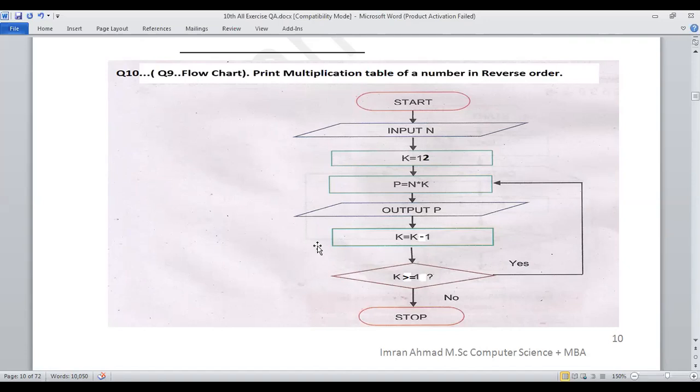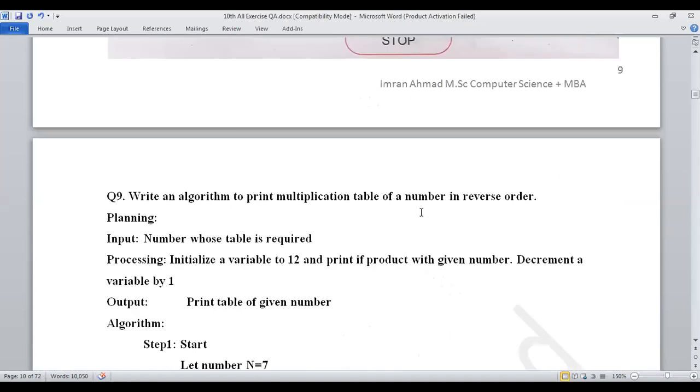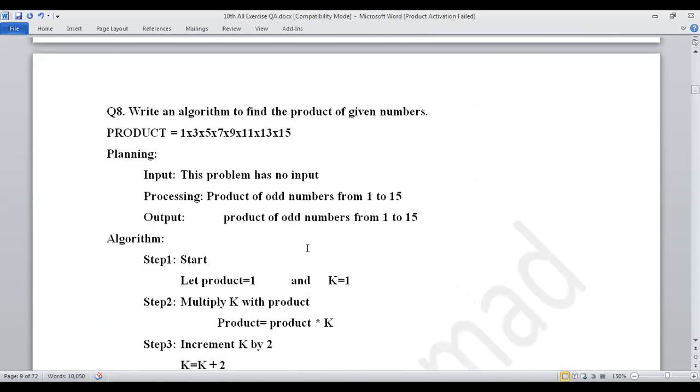Some examples in the chapter are related to sequences and series. Watch over here, series are present like this, and examples are there. For these series, you will write the algorithm. You have already done a few examples in the chapter, but the remaining two or three are your homework. The algorithm will be your homework, and the flow chart will be your assignment.